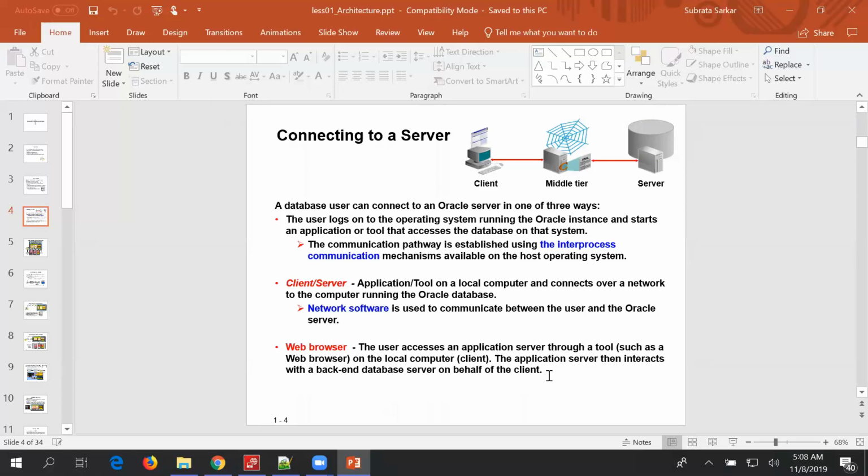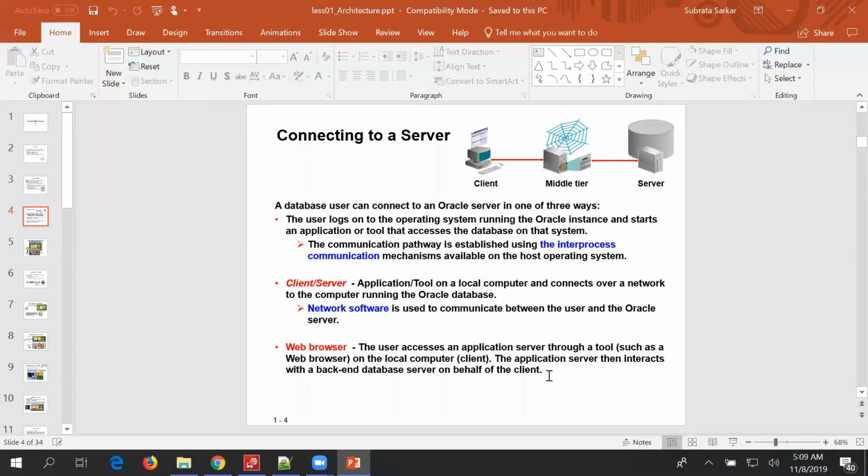So Oracle connecting to a server can happen in three ways, as mentioned just now. One is when the user logs into the server itself and connects, that is inter-process communication. The other is the client server, where the user is on the client machine and the database is running on the server.